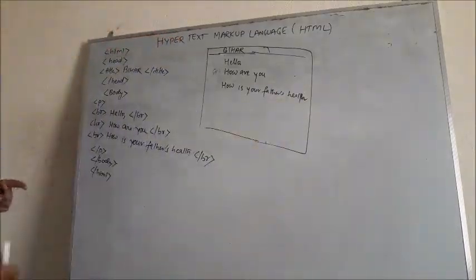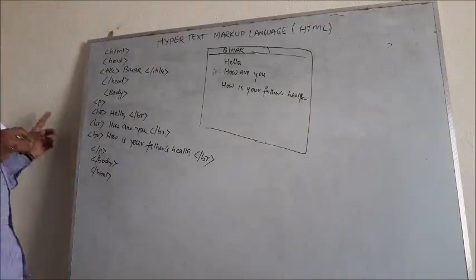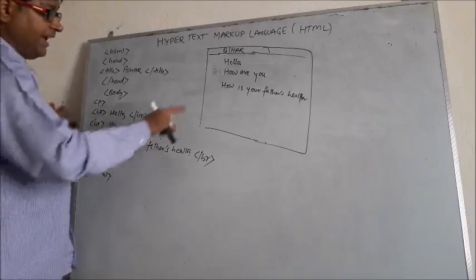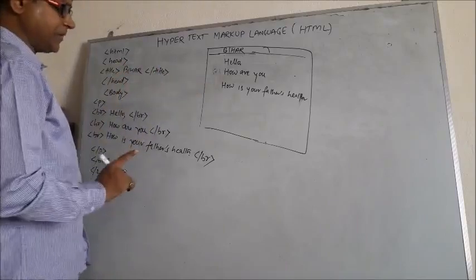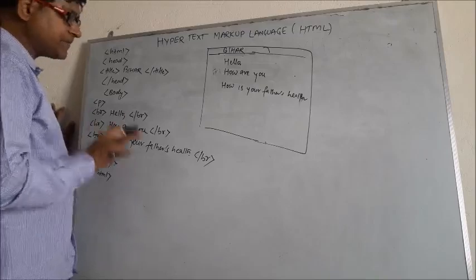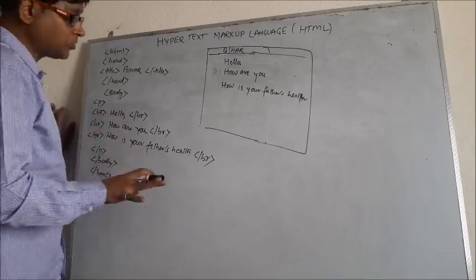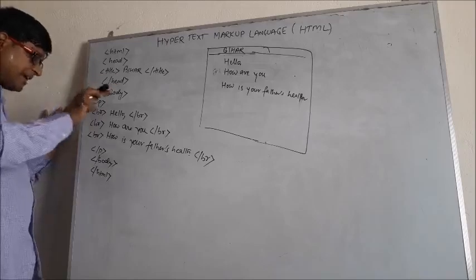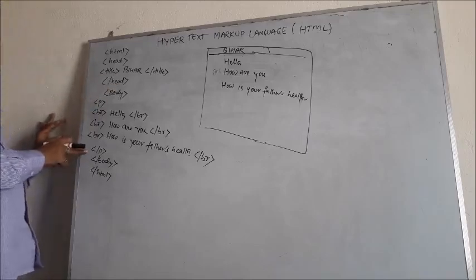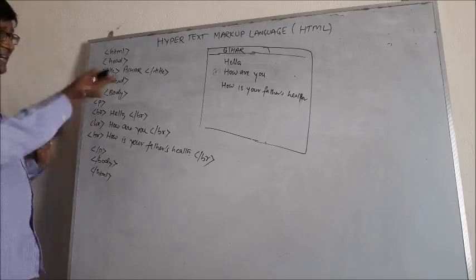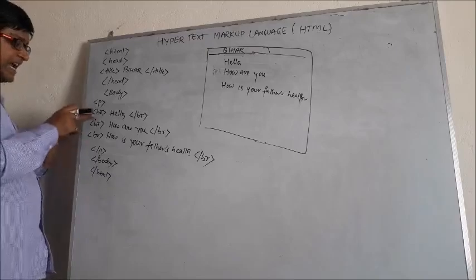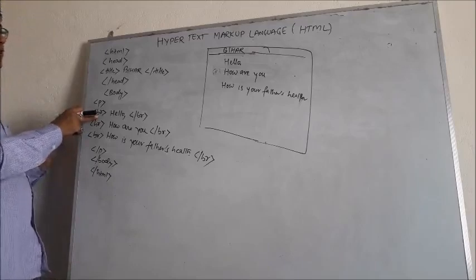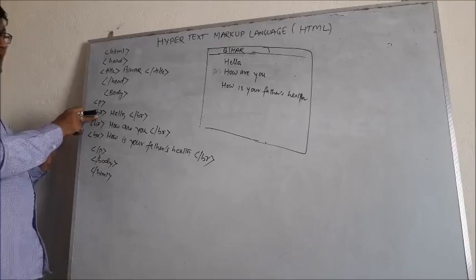Right? So basically, first of all, we should understand one thing here. What is a line? What is a paragraph? Is this the same paragraph? Yes, it is one paragraph only, right? But this paragraph has 3 lines. So if a paragraph has 3 lines, one paragraph tag will be used only, and for 3 lines we will use 3 BR tags. The BR tag is used for breaking the lines, right?